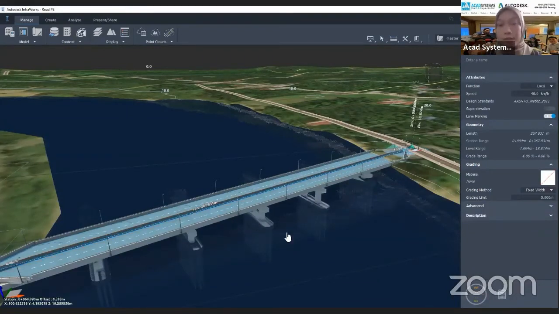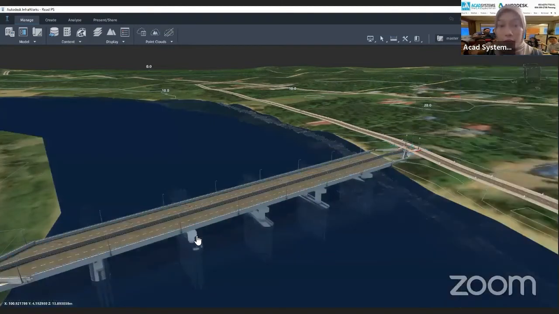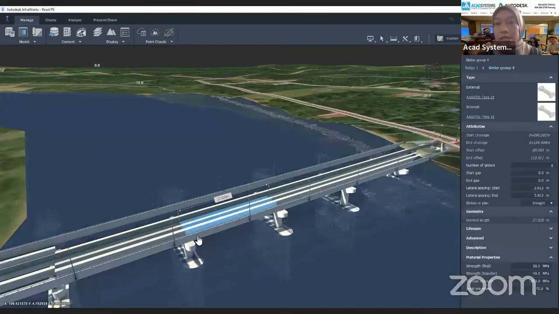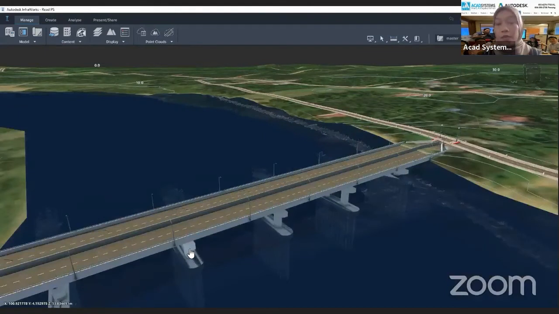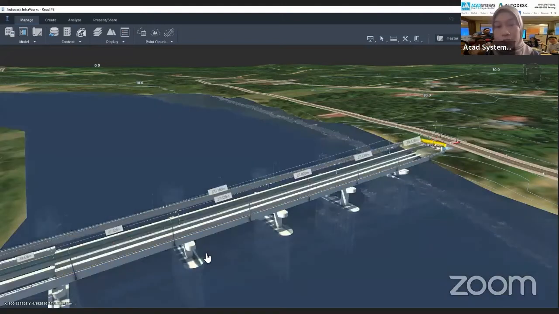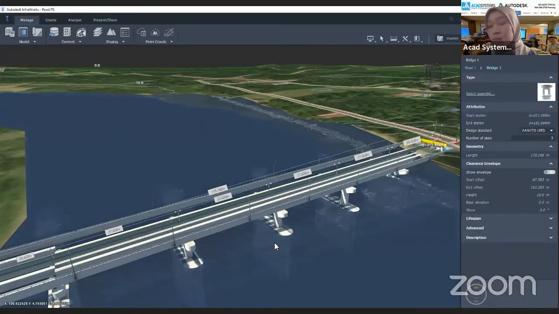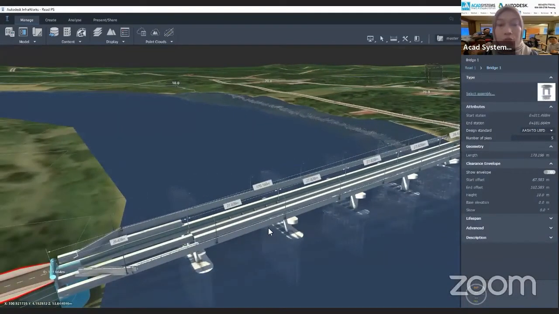To select the bridge, you either click on the foundation over here, or you click on the girder. That will make you select the bridge, not the road. Okay, I'm going to click on this foundation. If you see on the right side over here, we have bridge. So currently we are selecting the bridge. From this bridge, we're going to do